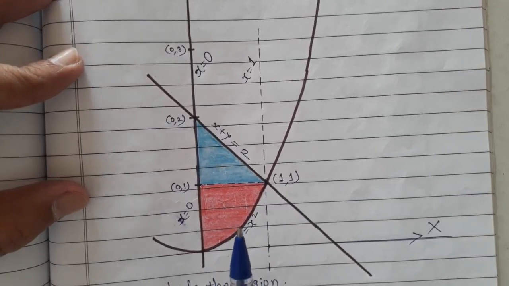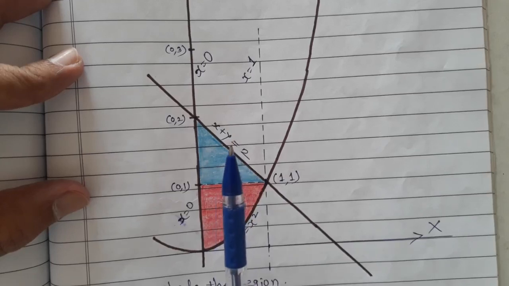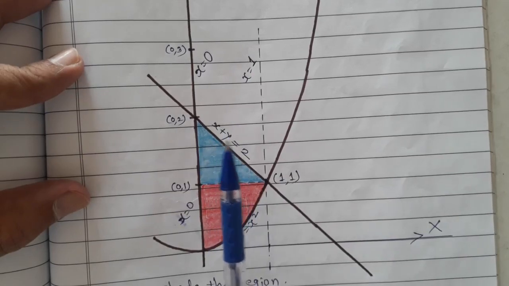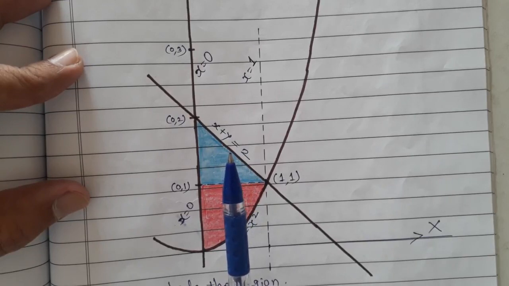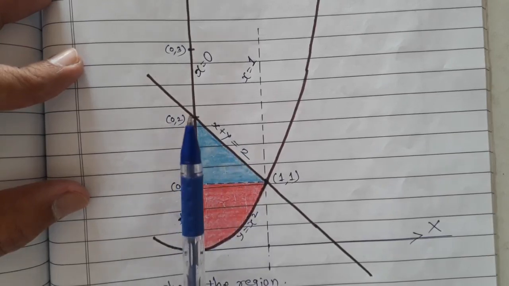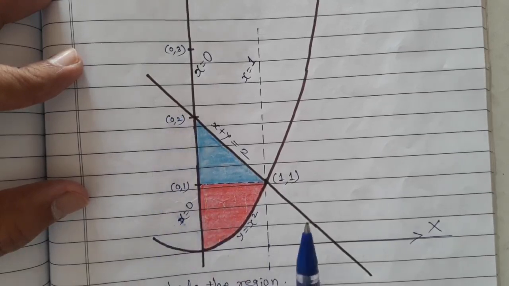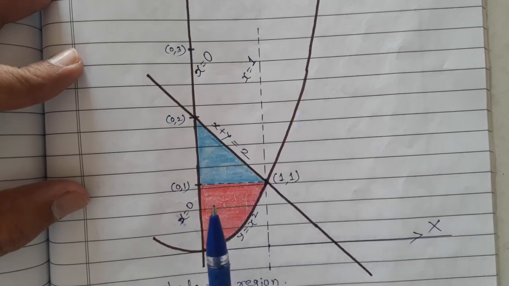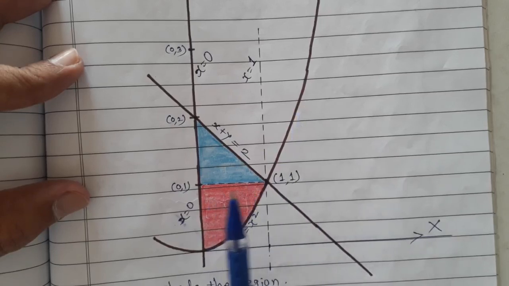In this case the bullet will come like this. The first wall it breaks is y equal to x square, so y equal to x square is the lower limit of y. After passing through the color it will break the other wall, x plus y equal to 2, that means y is equal to 2 minus x. So the limits of y are y equal to x square to y equal to 2 minus x. For the limits of x, if the bullet is fired here, it will not pass through the color, or if the bullet is fired here, it will not pass through the color. So the range for the bullet should be between this and this, then only it will pass through the color.